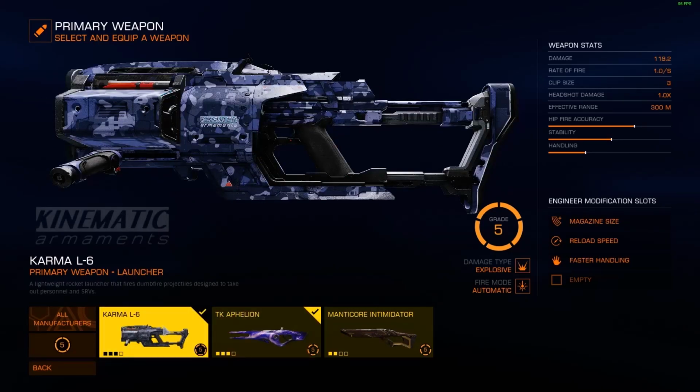This is my rocket launcher. Look at the damage it does, almost 120. So I've put magazine size on it, which is essential. Faster handling, that helps a little. I probably shouldn't have put the reload speed one on it. I should have put stowed reloading on instead. In fact, I think I will add stowed reloading onto it, and I'll maybe think about perhaps having a build